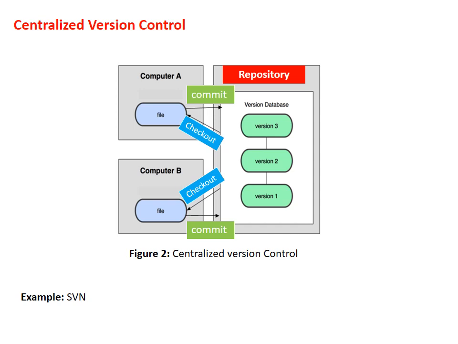Once you have downloaded the content to your system, if you do any work and you update it to the repository, then the process is said to be commit. SVN is a tool which is based on centralized version control. The main drawback of centralized version control is that it is not secure. If the server or repository gets corrupted, you cannot get it back. To overcome this problem, you can go for distributed version control.